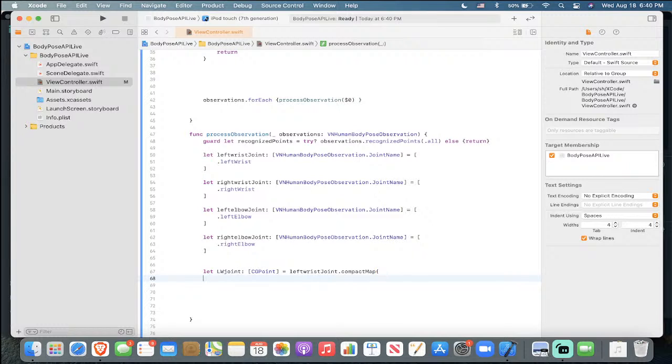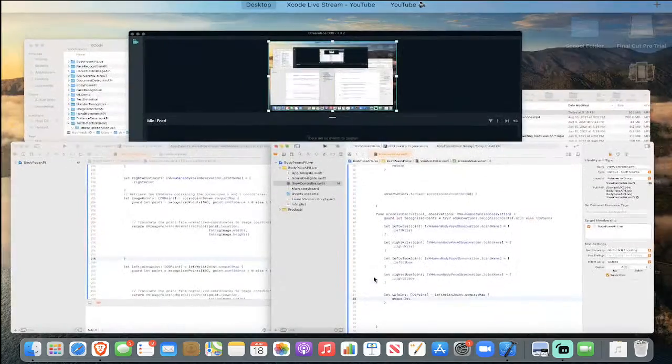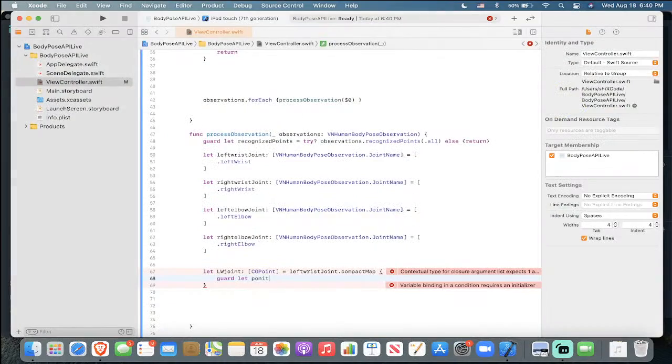And here it's gonna be like that, I guess. Guard let point, sorry about that. Guard let point equals